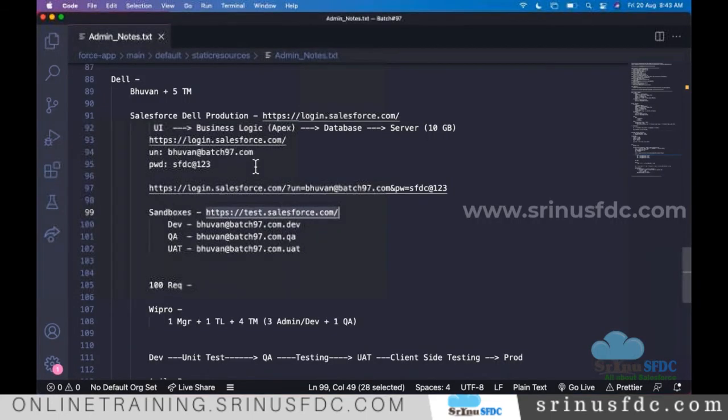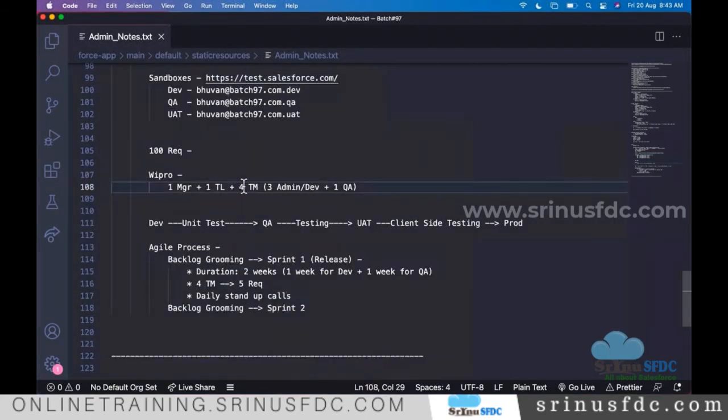This team needs access, right, to work on the project. We deactivate the end users in the sandbox and we create users for this team so that everyone will connect to the same sandbox and do the development. Okay. So this is about that process. Okay. So I believe you are able to understand. So any questions, let me know.